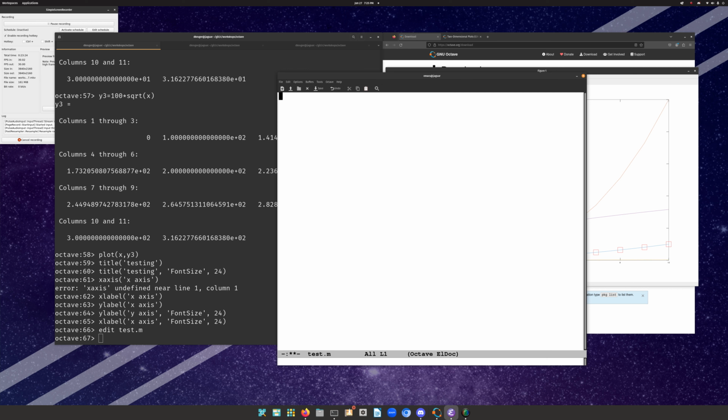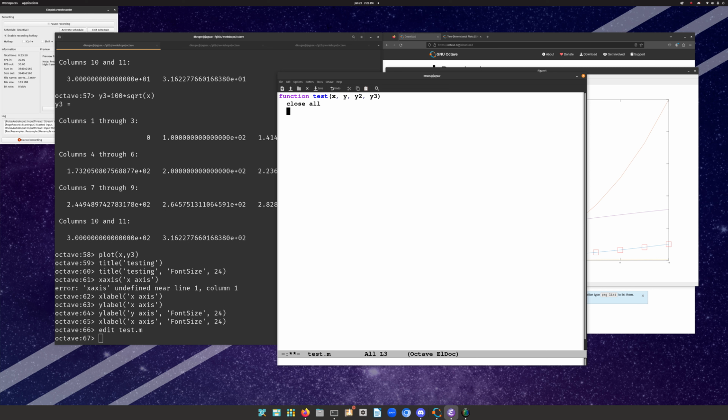So test.m. Okay, let's say function test. Okay, so now we're going to write a function. So let's say you had some data. Now we got to make up some data. All right, we can do x, y, y2, y3. We'll just take the data we had from before, right? Okay, so now we can